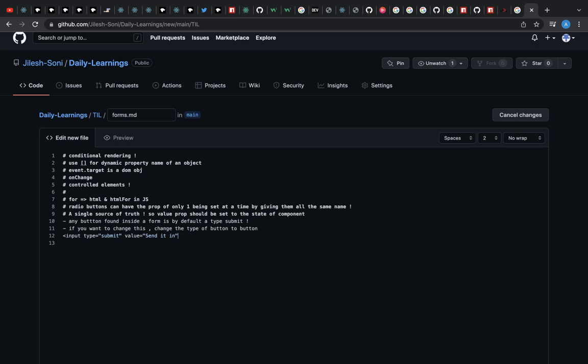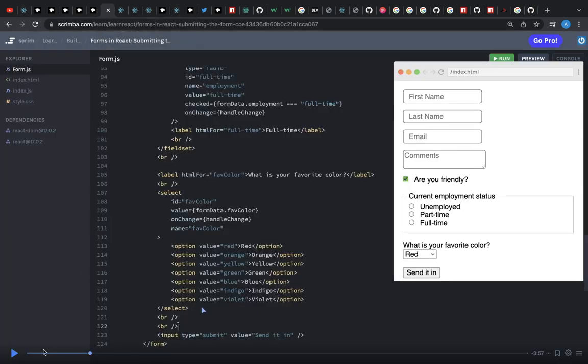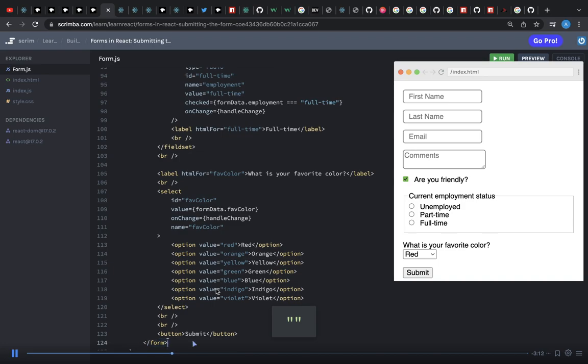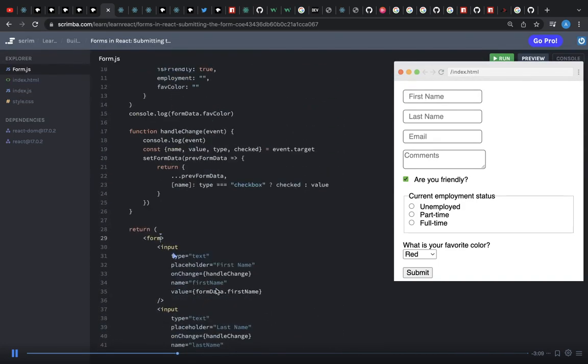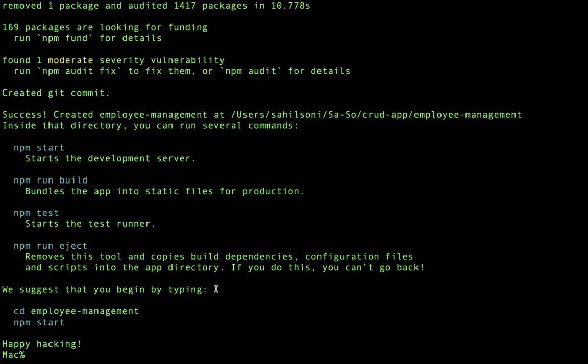This will also work. Found inside of a form, it will actually trigger the form's onSubmit